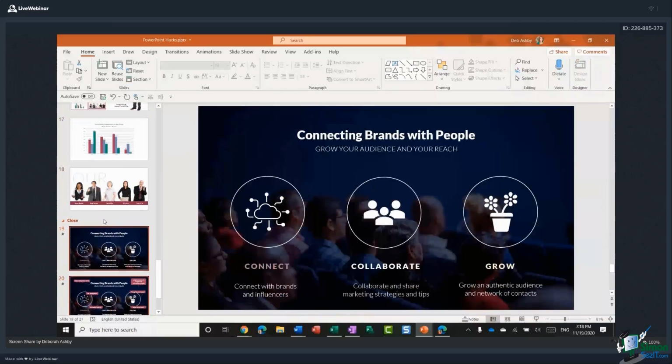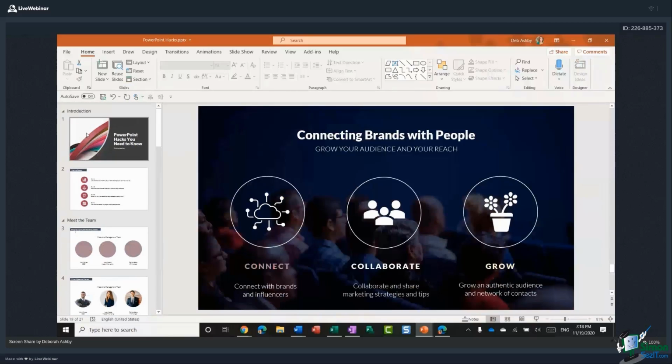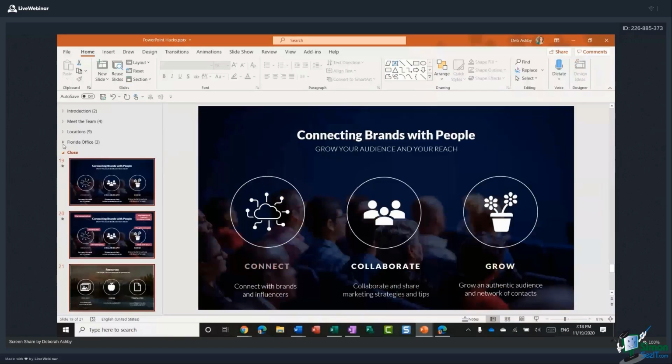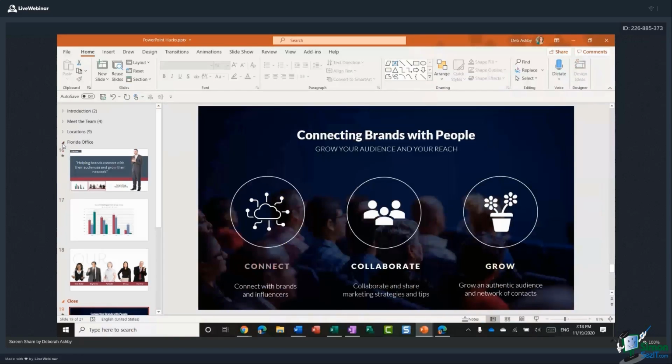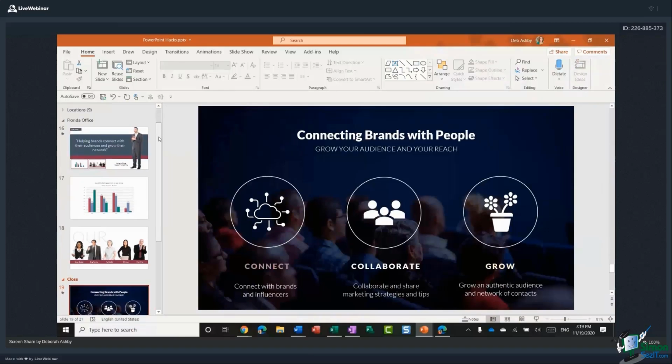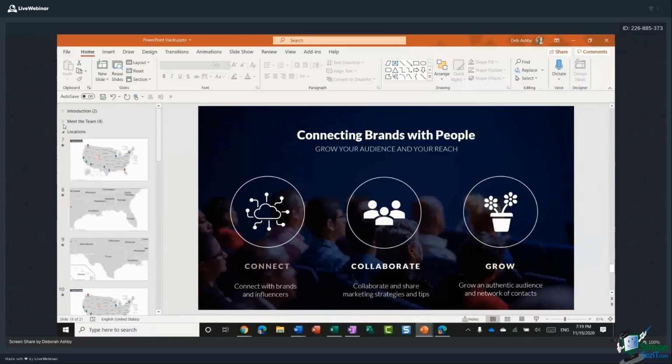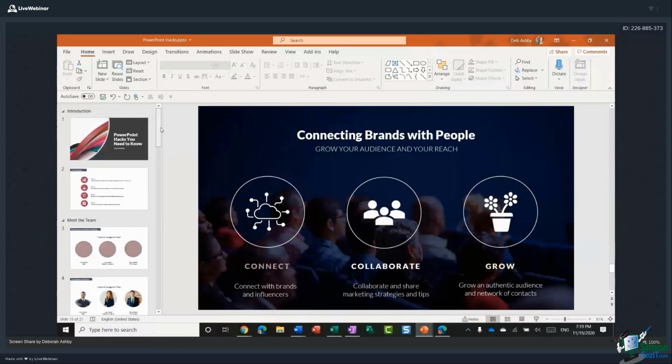So very quickly, I've added in these sections and you can see that they are collapsible and expandable. So again, if you're working with a team of people on a presentation, you might decide to assign a different section to a different person. So what that person can then do is collapse up everything else that they're not interested in and just focus on the slides that they need to modify, change, or update. So it's a great way of removing the noise. Makes large presentations a lot easier to organize and manage.